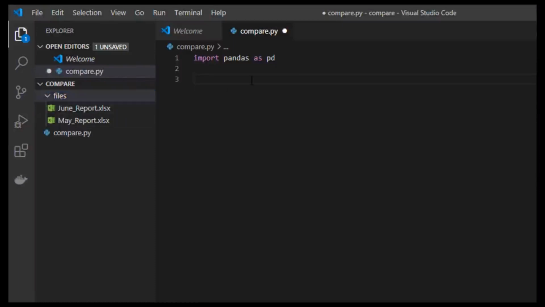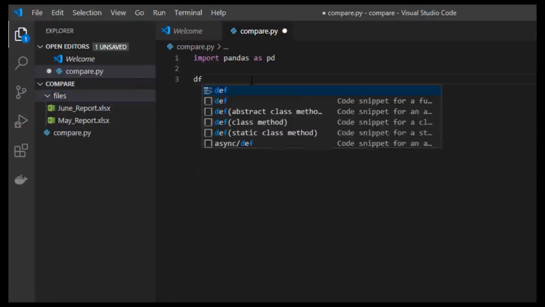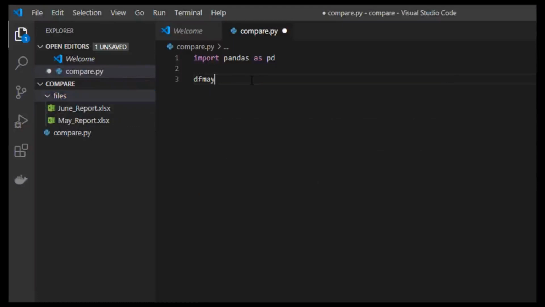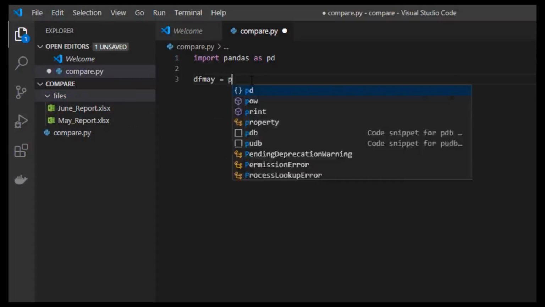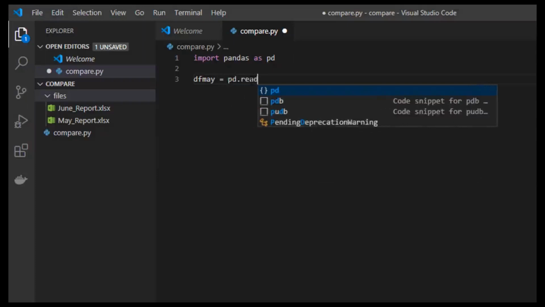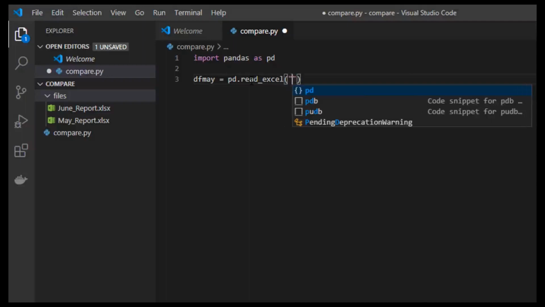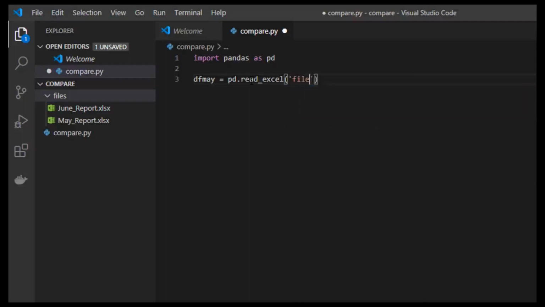Now let me restart reading the first data frame as the data from May: df_may equals pandas.read_excel, and in parentheses I'm going to give the input file name as file/May_report.xlsx.